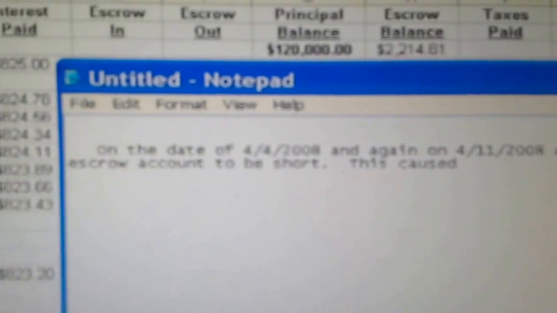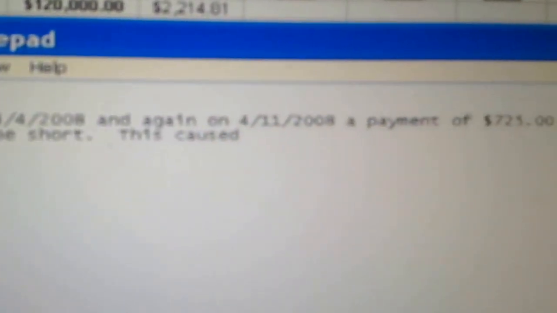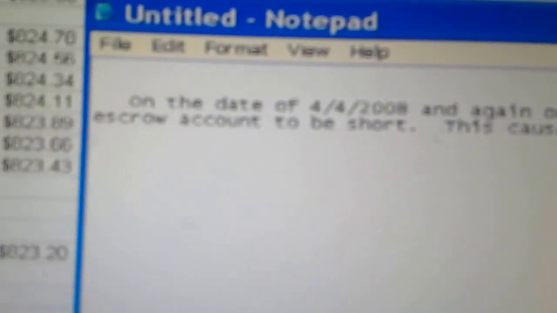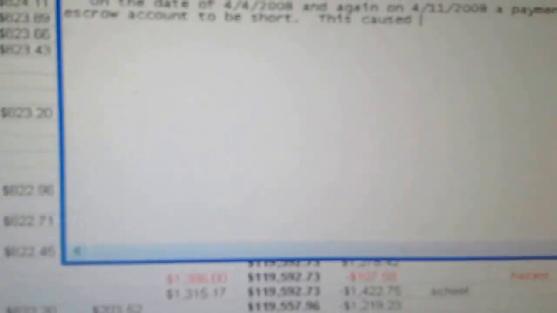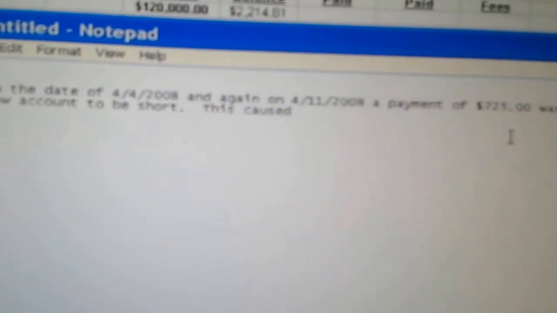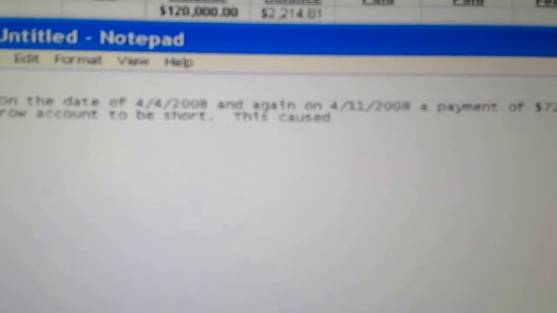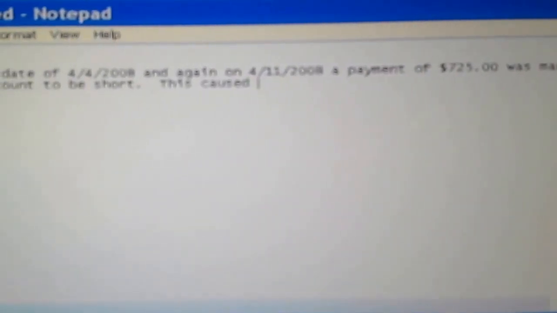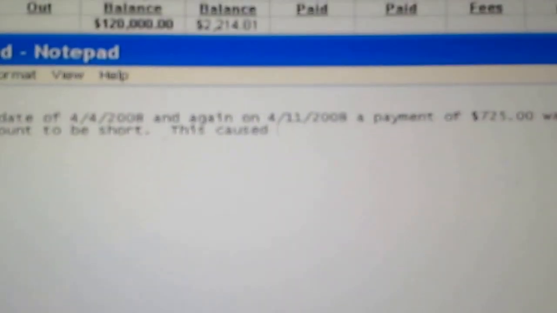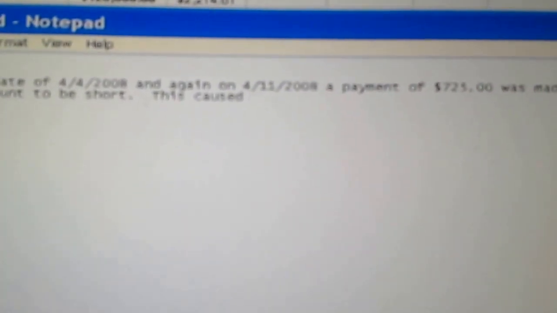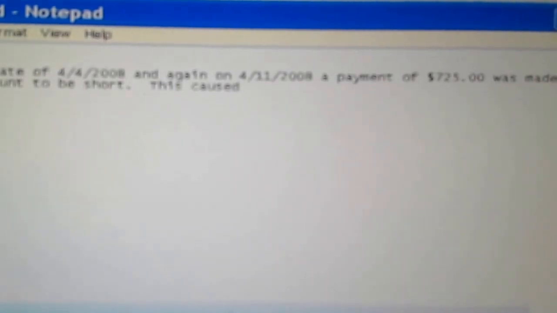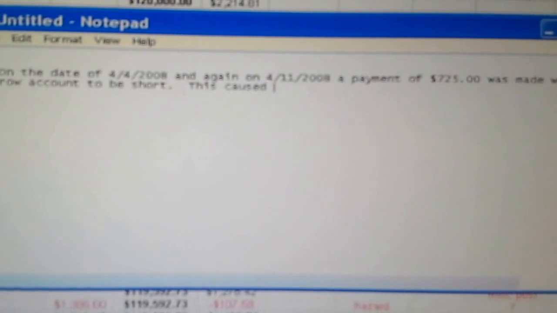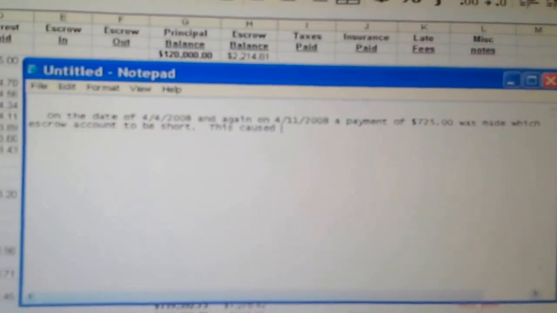On the date of 4/4/08 and again on 4/11/08, a payment of $725 was made, which made the escrow account to be short. And I was going to finish that with this caused subsequent payments to be misapplied. And this is one of those things that they will do to get you to try to cause default. This is called servicer caused default, and it's very good for you to build a spreadsheet